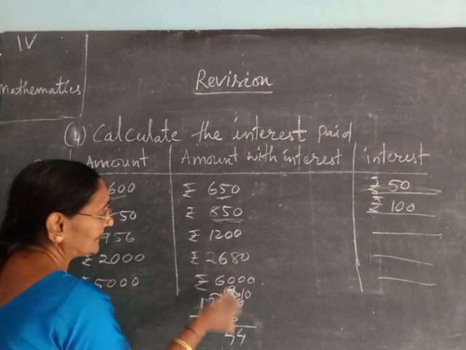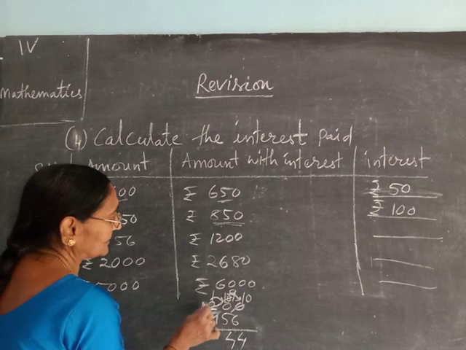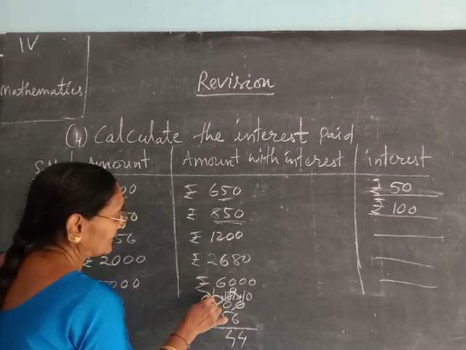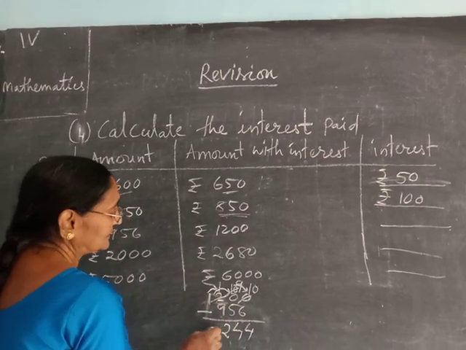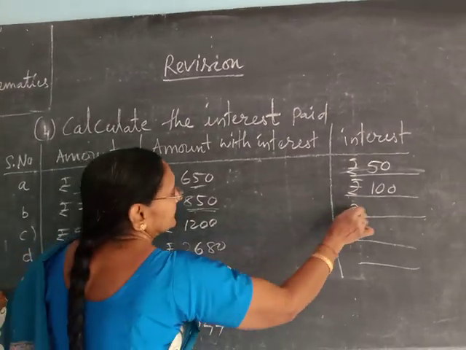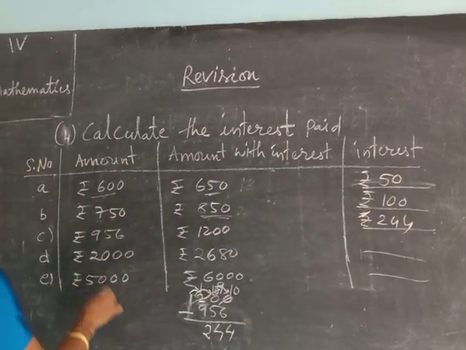Here how much is there? 1 you have taken, so 2 minus 1 is equal to 1 only left. 1 minus 9 is not possible, again you have taken 1 from the 1000 place. Then it is 11. 11 minus 9 is equal to 2. Then how much will come? 244 interest.